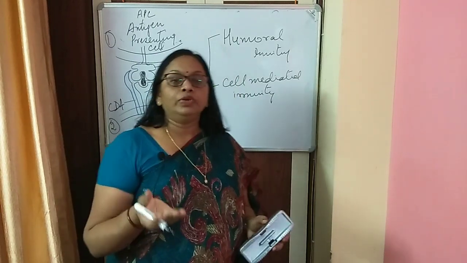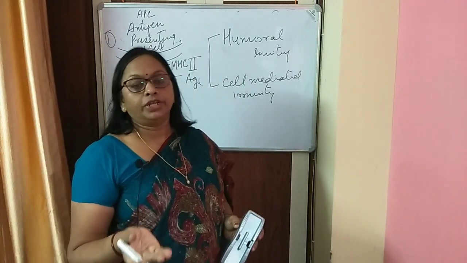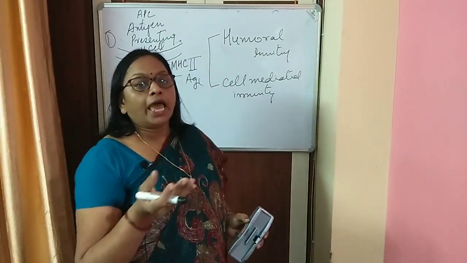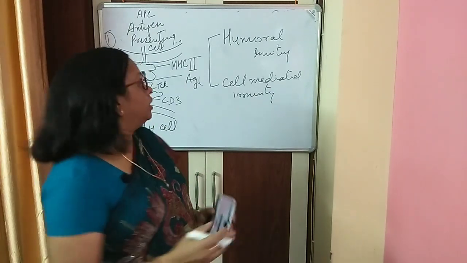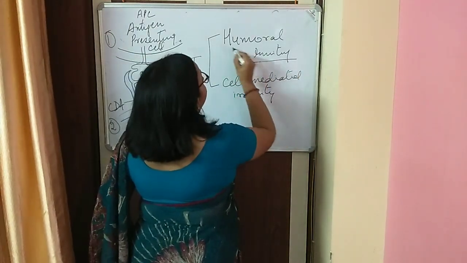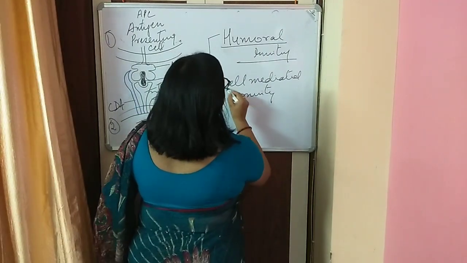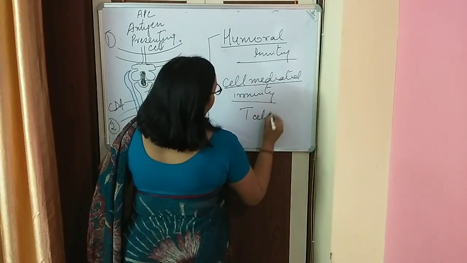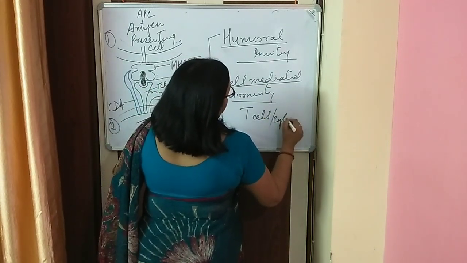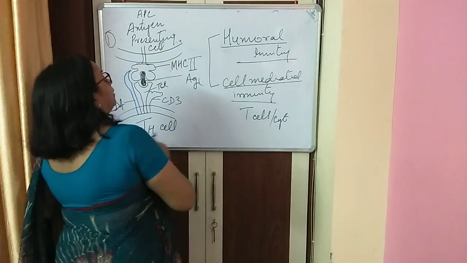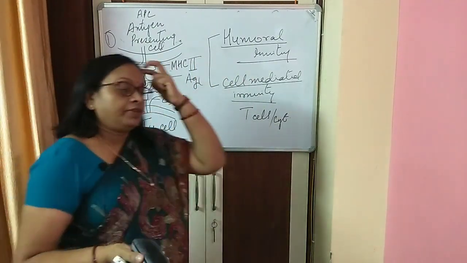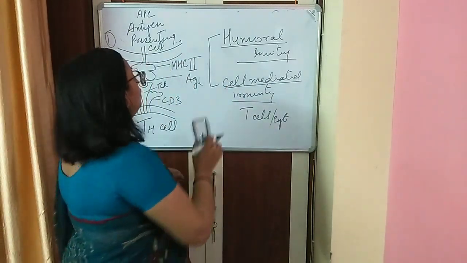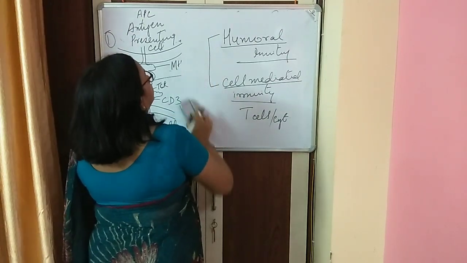whenever the body fluid is involved. If you have to check the antibody in the blood circulation, you can take the blood, and serum is separated from the blood, and in the serum the antibody level can be checked. So humoral immunity deals with the body fluids, and cell mediated immunity basically involves T cells, or you can say T cytotoxic cells. Now you can ask whether this is part of innate immunity or adaptive immunity. This is part of adaptive immunity.